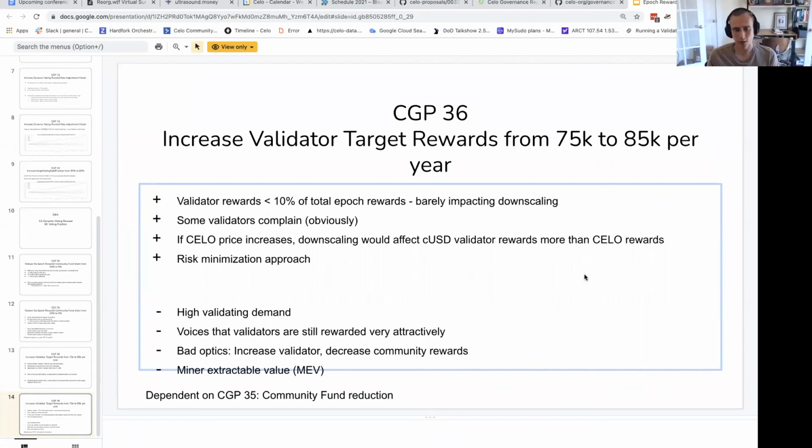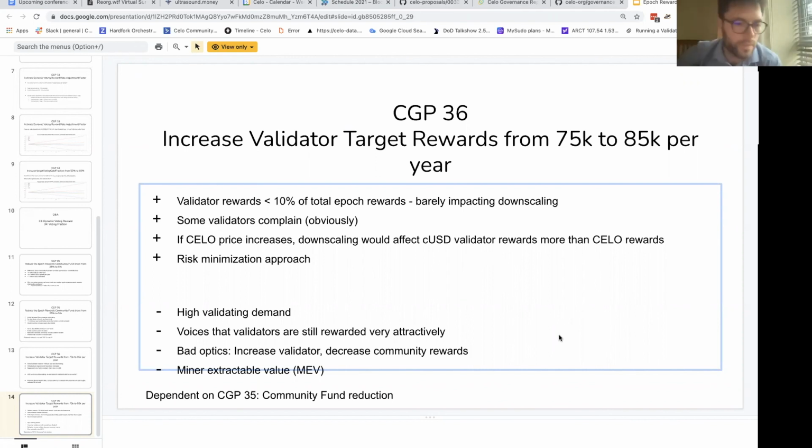Yeah, actually, this is part of the point that I wanted to get to, which is that paying in a stablecoin and also having a fixed rate is designed to get high quality independent validators, to make it profitable for people who want to make this a very professional operation with high security standards and really good operations. And having their rewards going down over time, not being very stable, doesn't seem like a good way to incentivize long-term focused validators who are looking to run a business in the long term. I don't know.